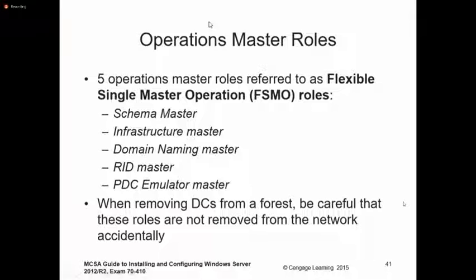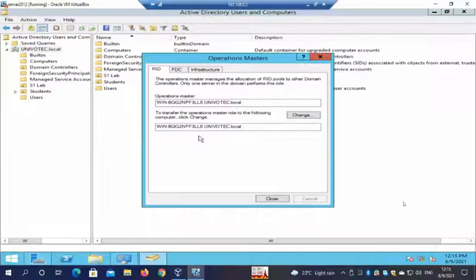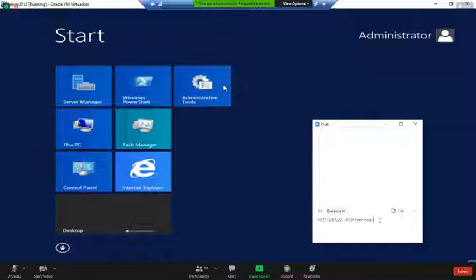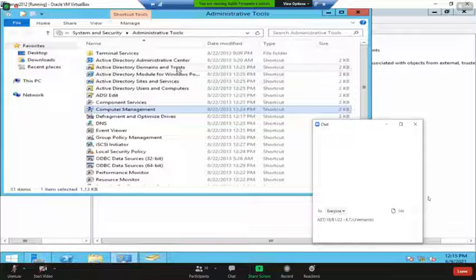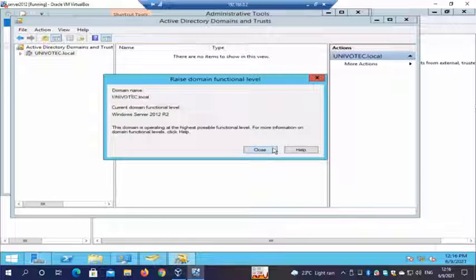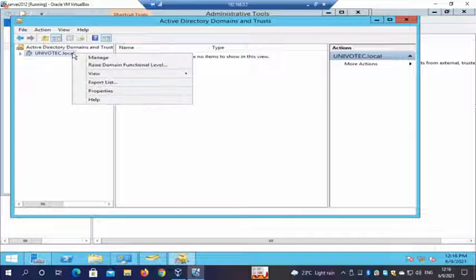Okay, so I think we will conclude for today. Let's see the other tool. I think it's this, domains and trust. Yeah, so domain functional level, you cannot.